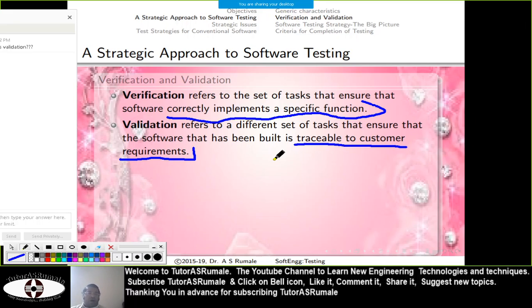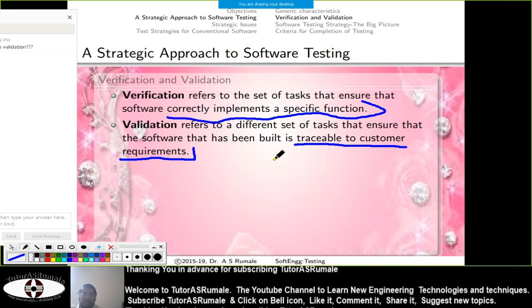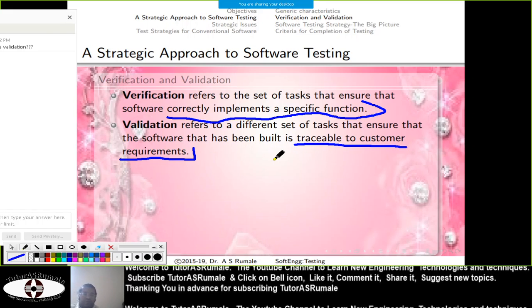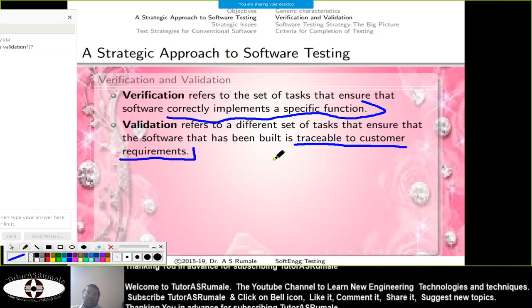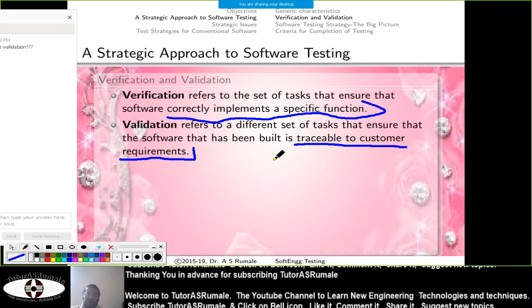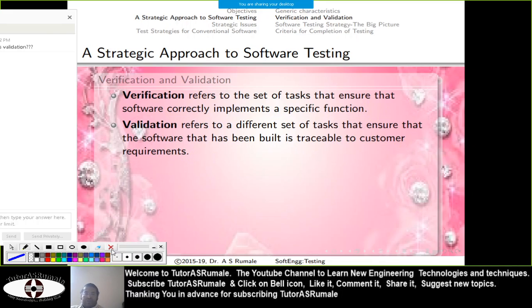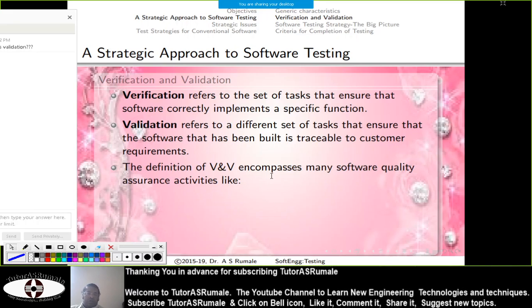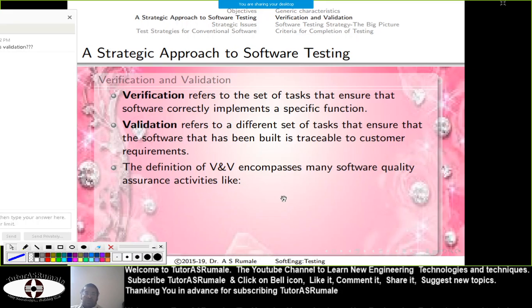Obviously, everything depends on the acceptance of the customer. If the customer won't accept your software, no matter how intelligently you design it, then that software is not validated software, or there is no validation for it. So testing also requires these two things: verification and validation. And you should be very concerned about these two things.